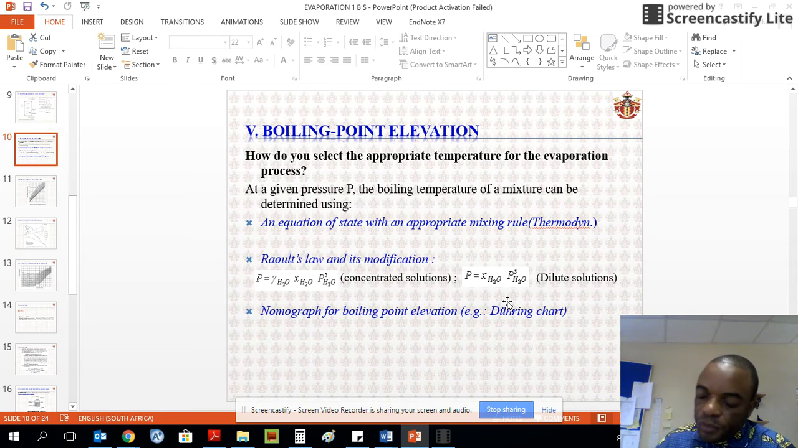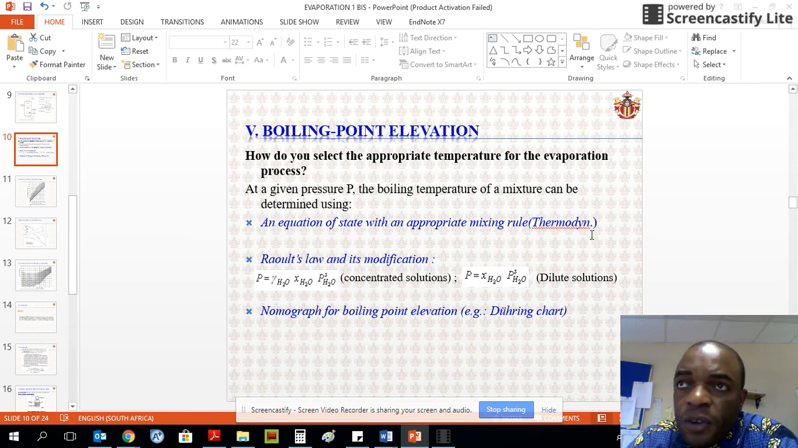of the mixture. You'll bear in mind that the boiling point of a mixture is always higher than the boiling point of pure solvent. Now, to determine the boiling point of a mixture, which is the appropriate temperature for undertaking evaporation, we have three different options. You can use an equation of state with an appropriate mixing rule, referred to your thermodynamic subject in S3 or S4. When you use an equation of state with an appropriate mixing rule, you are aiming for high accuracy,